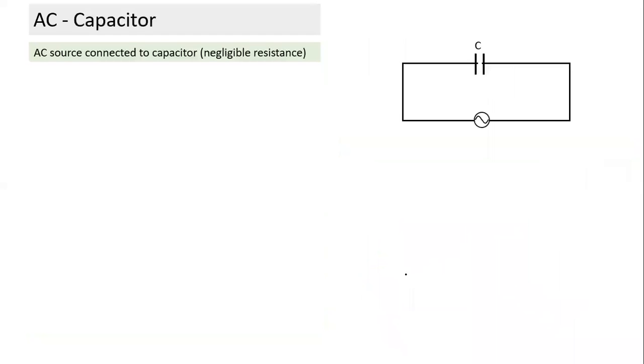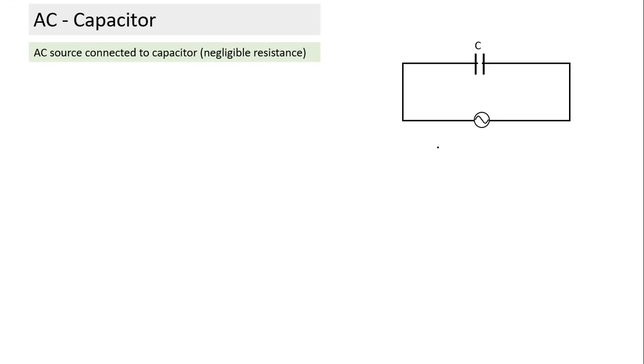Okay. Now we have done the inductor, so what happens in the case of a capacitor? We have done resistance and we have done the inductor. Vignesh, can you recall what the first step is if you solve the circuit here? What is step one? What we have done for an AC source connected to a resistance and an AC source connected to an inductor, we have done already. Now we are doing the capacitor.